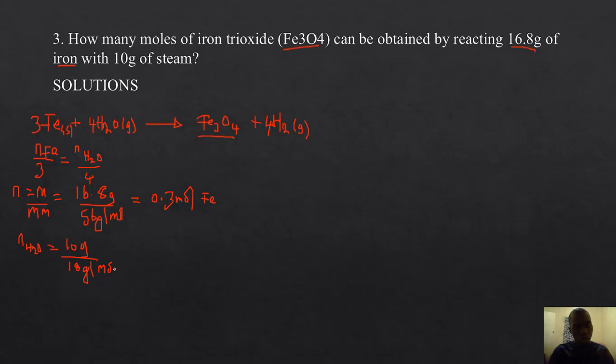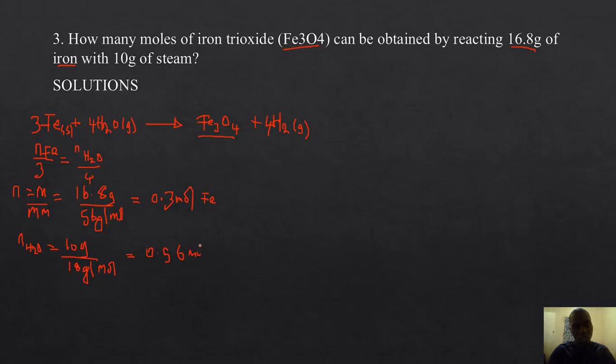So we do that, 10 divided by 18, and this one is nearly 0.5. It's a recurring decimal, which we can just round off to 0.56